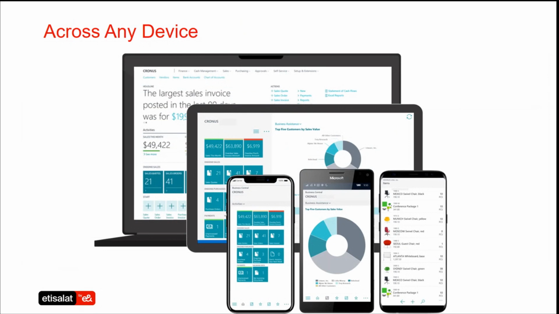Now, this solution, how do I use it? Because it is a cloud-based solution, it is device agnostic, right? When you say device agnostic, it can run on the web, on your laptop, mobile, iOS or Mac. And the look and feel of the product is going to be the same across all the screens, and you will have the same feeling working on your applications anywhere you go.